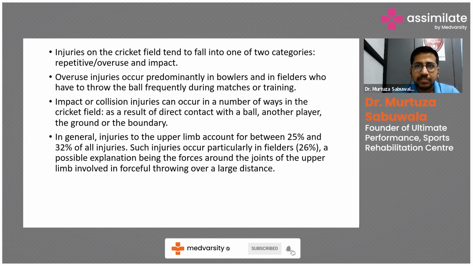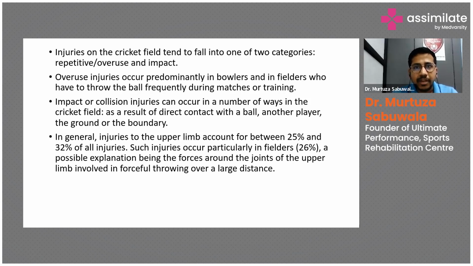So the injuries in cricket tend to fall in two main categories: overuse or repetitive injuries, and impact injuries. The overuse injuries are predominantly in bowlers and fielders who have to throw the ball frequently during matches and training. And impact or collision injuries mostly occur with the batsmen and sometimes the other players, that is bowlers and fielders, mostly the fielders, as a result of direct contact with the ball, another player, the ground